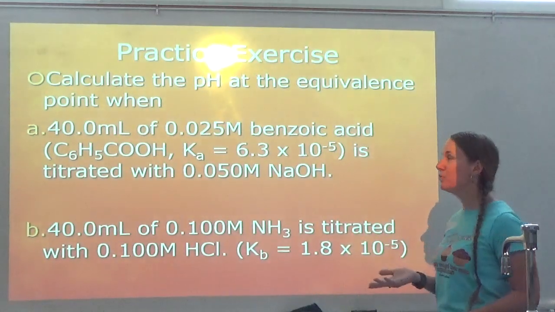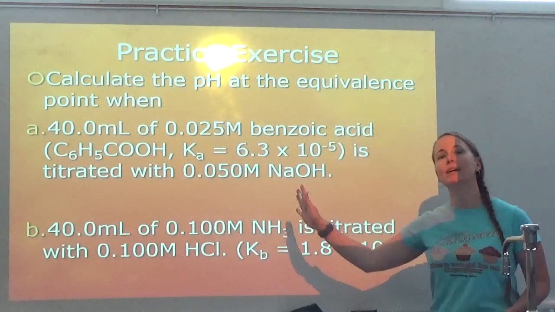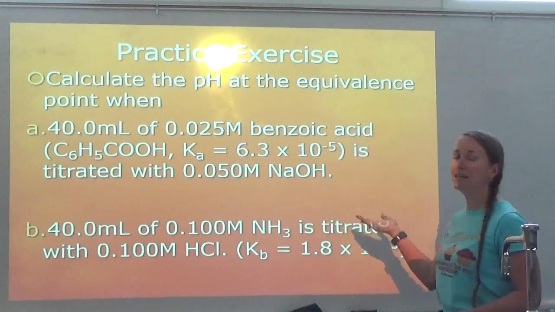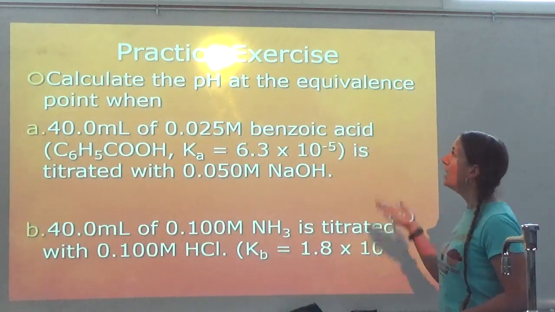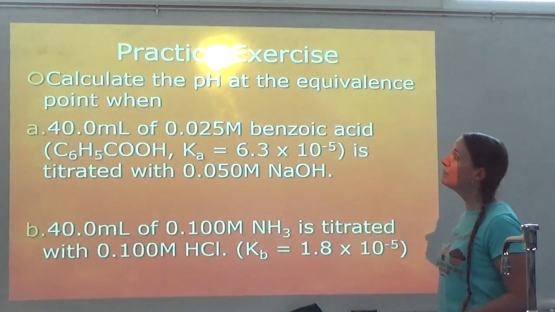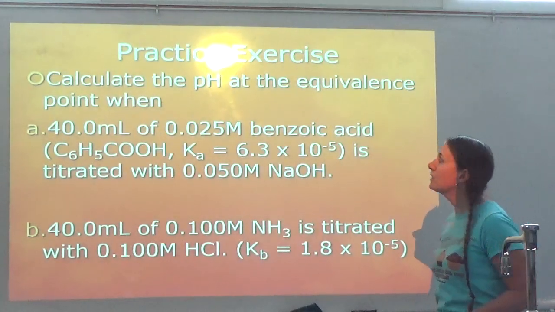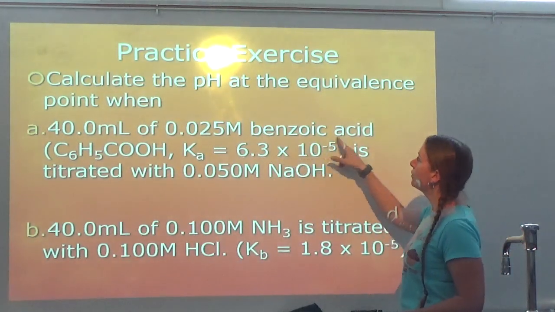I'll assume you've done that. We'll look at it together. I may have to kind of erase as I go this time because I did not leave myself a lot of room to work it out. All right, so it says calculate the pH at the equivalence point when 40 milliliters of 0.025 molar benzoic acid